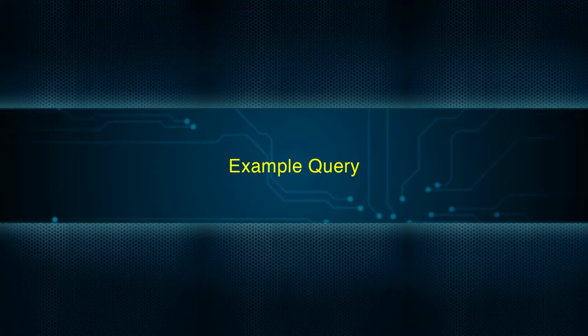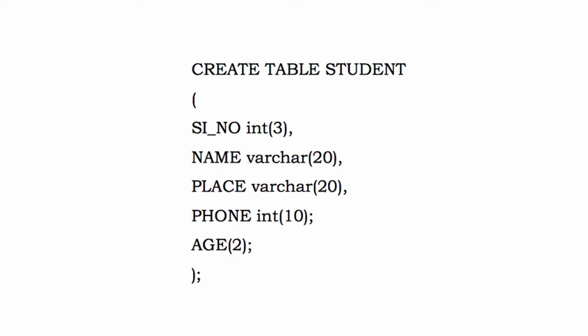Example query. This query will create a table named students with 5 columns: roll number, name, place, phone and age. The query will be like: create table student (serial number int(3), name varchar(20), place varchar(20), phone int(10), age int(2));